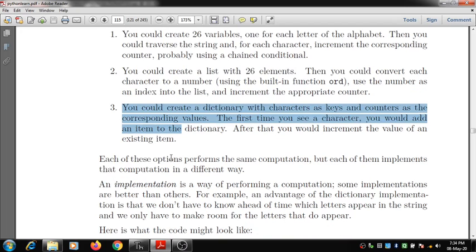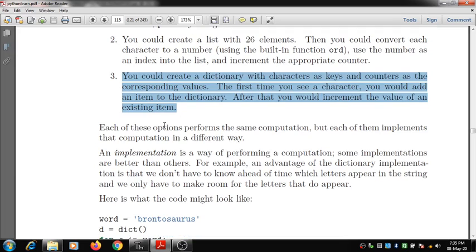So let us see how we can use the third concept, which is more convenient than the other two methods in counting the number of characters that are present inside a string.